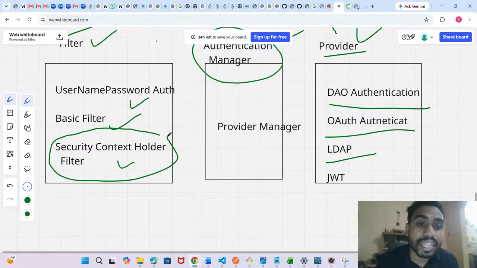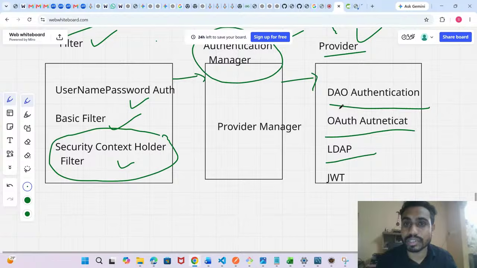If it is already authenticated, the total flow it will skip. If the user is not already authenticated, then it will follow the total process. Let me write that point.